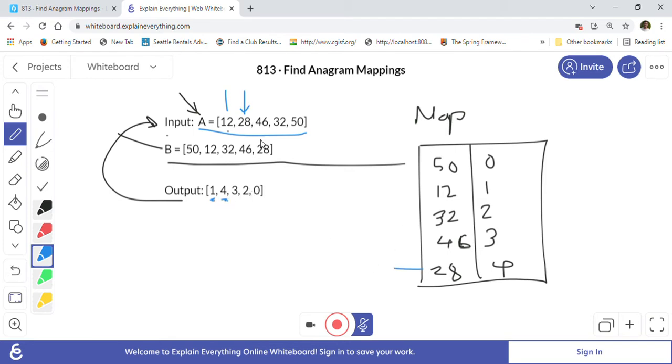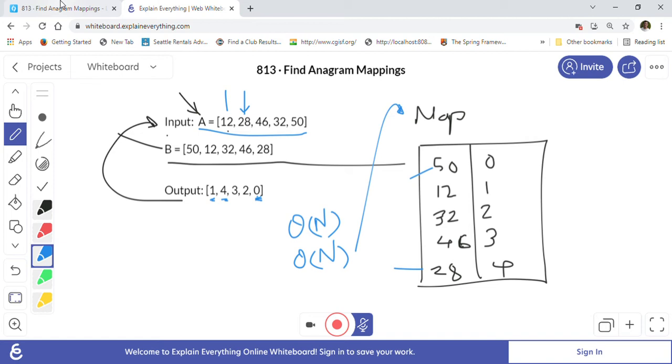So similarly, you can go all the way to 50, and the map.get of 50 will be 0. You put 50 like 0 here into the output map, right? So this is the way we can solve this problem, and this solution is order of n. So it is better than the previous solution, and time complexity is order of n, space complexity is also order of n, because we are using a map as an external storage. So this is the solution to find anagram mapping.